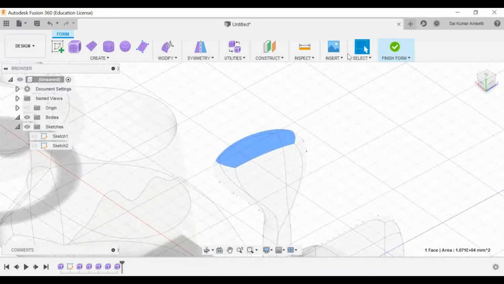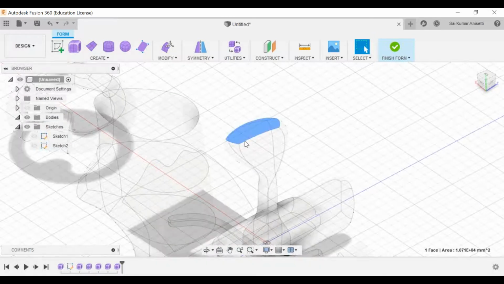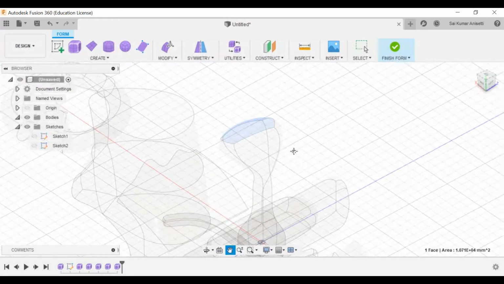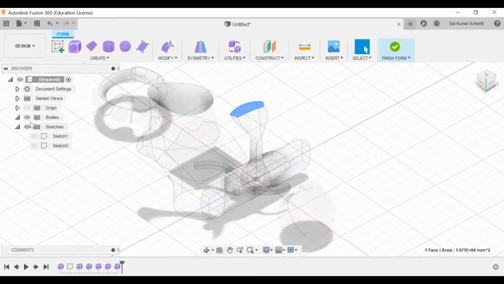See, that is what your finished club says. Okay. Now, once you get out of the sculpted environment, that is a simple surface. Once you turn that surface entity into a solid one, there is no way you can turn that solid into a surface again. Okay. Now it is impossible to change your design. All the changes must be made there itself.